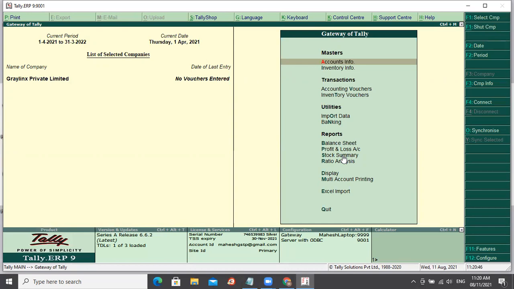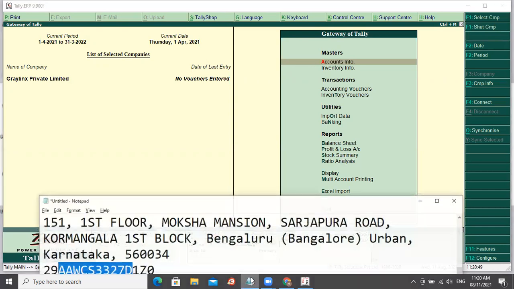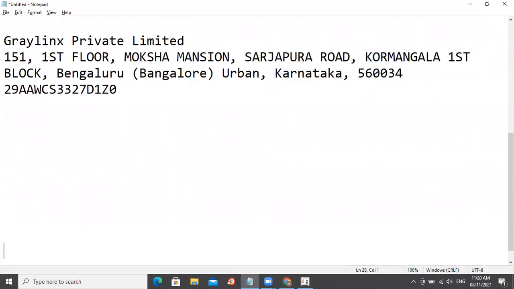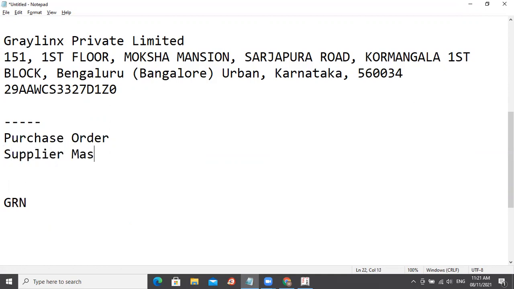Here I'll keep on making some notes so that it's easier for us to understand the scenarios. We'll refer to this. So we'll see how to do purchase order. Then we will also see how to do GRN entries. For us to do the purchase order, what are all the masters that are required? First thing is we need to know who is the supplier. Supplier masters are required. Then we need to know which items we are ordering. So item masters are required.